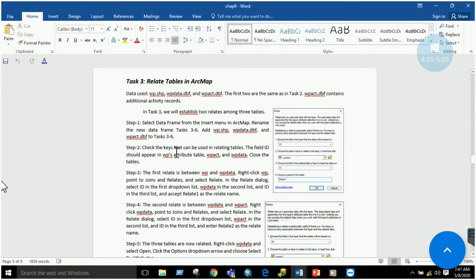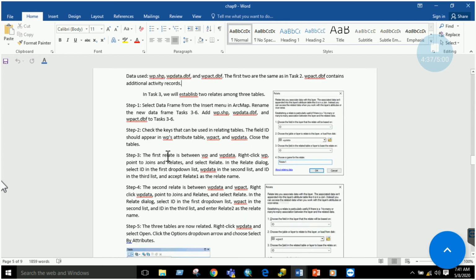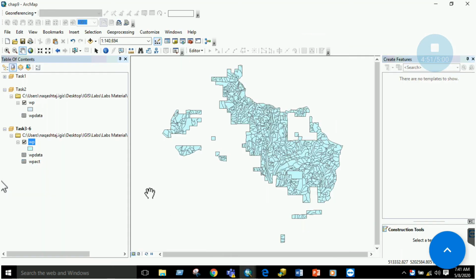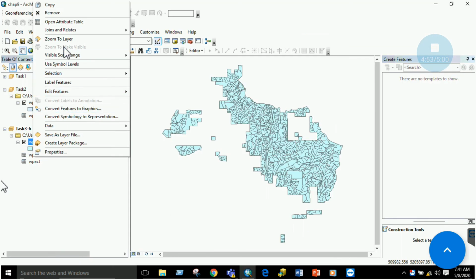So what we have to do is basically first relate wp and wp data. So go to the wp and select relate, and based on id, relate wp with wp data. So here we have wp, just go to join and relate.